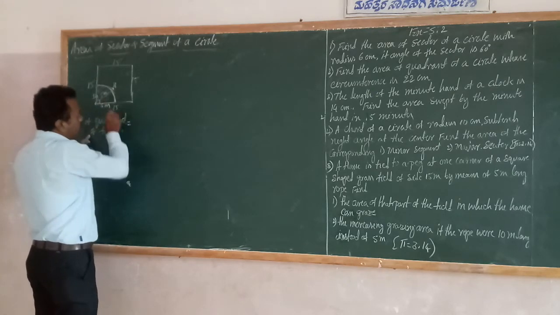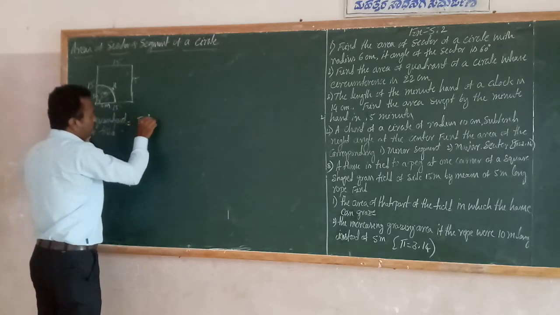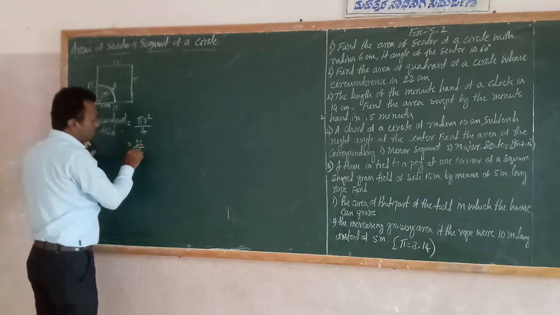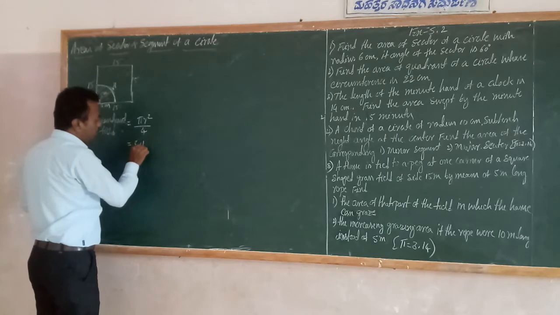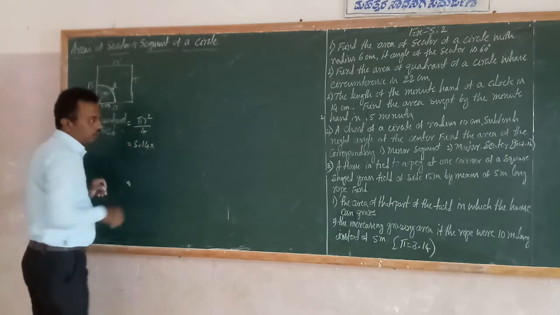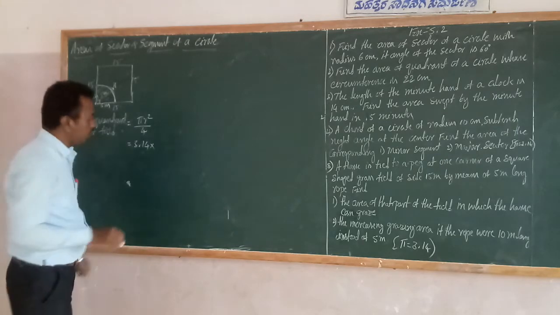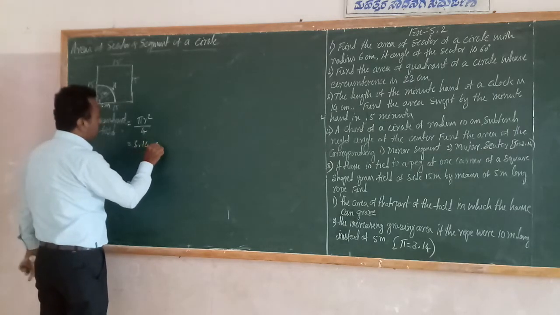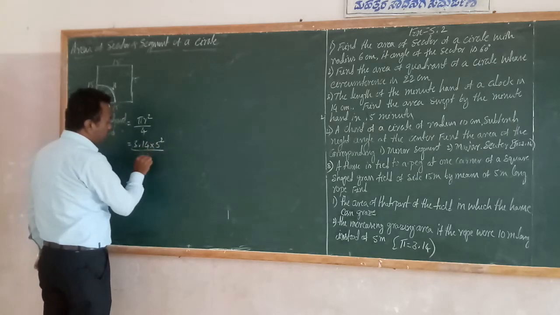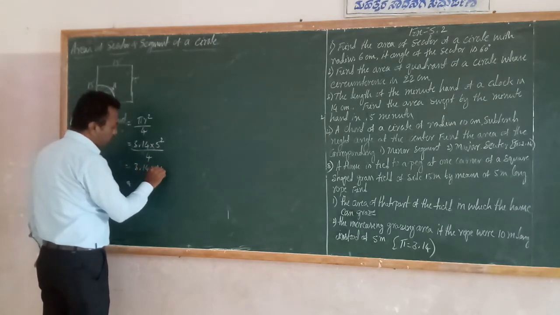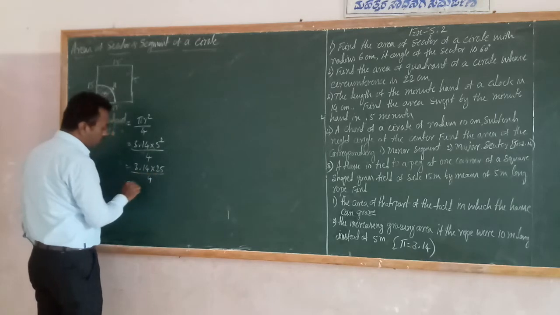This is the area of the quadrant of a circle. So this is pi r square by 4. Directly I will write down pi r square by 4. I will use 3.14 because they are asking pi value, they are taking pi is equal to 3.14. Into r square means radius 5 square by 4 is equal to 3.14 into 25 divided by 4.